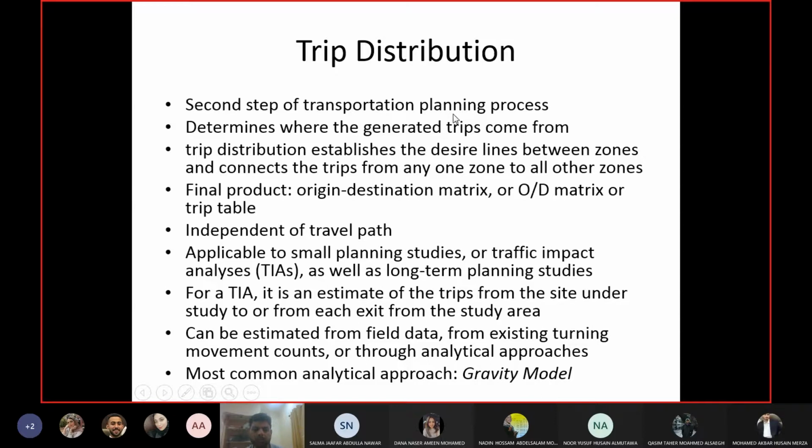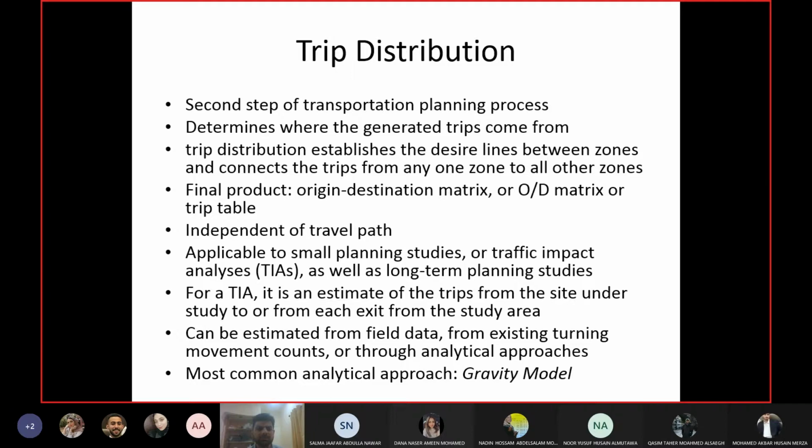So people are coming to shopping at your facility, the shopping complex, but where are they coming from? Or if your development is a housing establishment, then people are living there, but where do they work? After they come back from their work, where are they coming from? Which zones do they usually work in or go to for education? So this is the end result of trip distribution, that you know how many trips are coming from each zone to a particular zone.